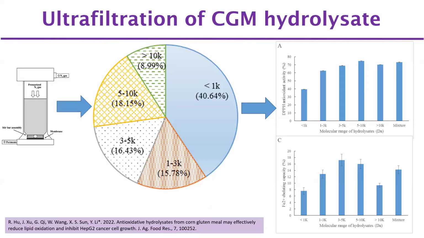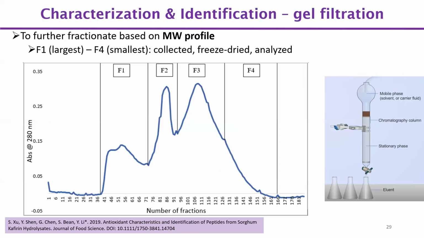So this shows an example, after we have the hydrolysate from corn gluten meal, we did the separation with ultrafiltration, membrane filtration. That's a pretty common commercial process to do some separation. And then we have different sizes of those peptides in a very crude separation. And we can see they actually have different antioxidant properties. And then after that, we also did this